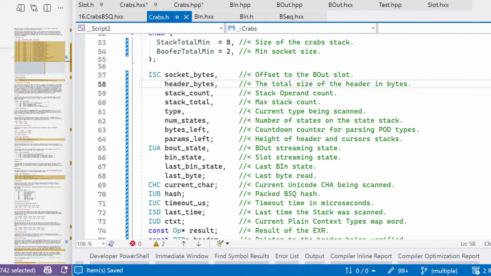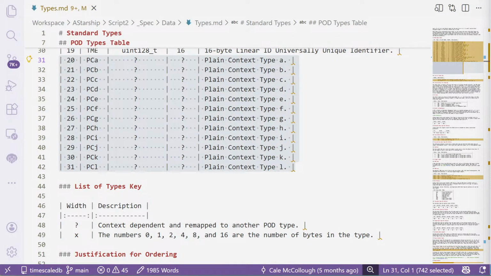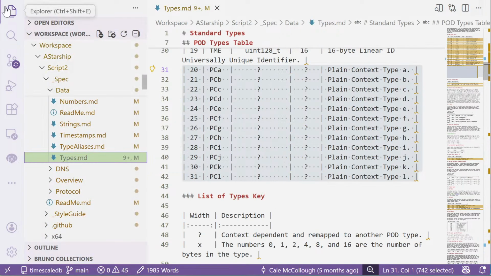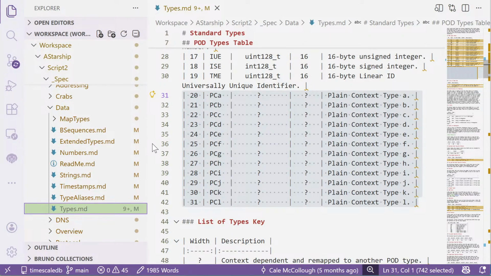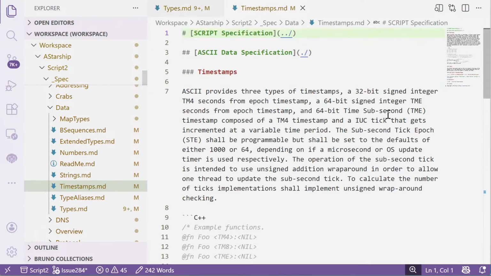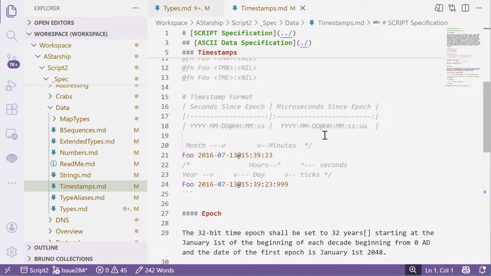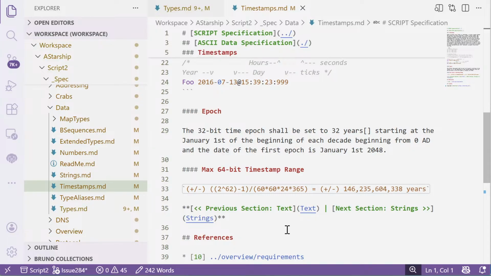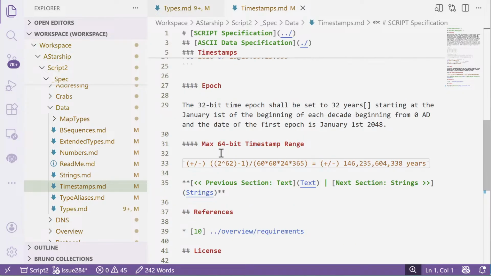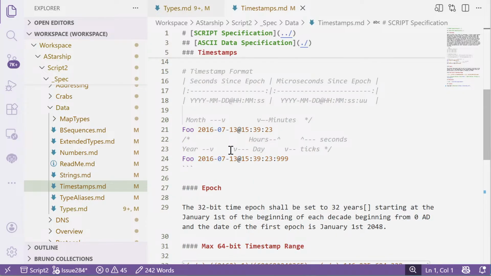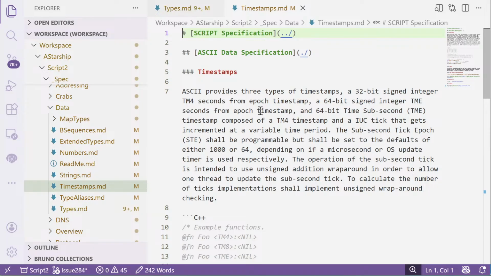So what do I have to do? Go and look up time. Timestamps. Uh-oh. What is this?